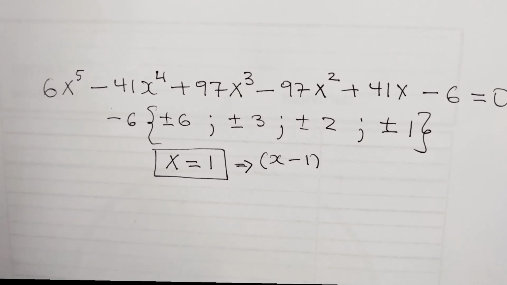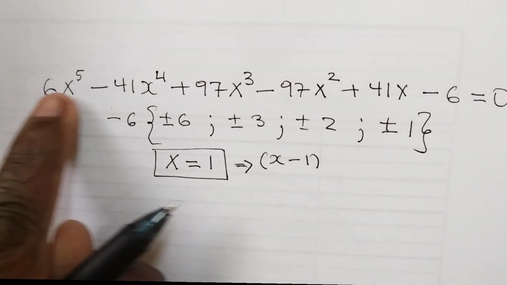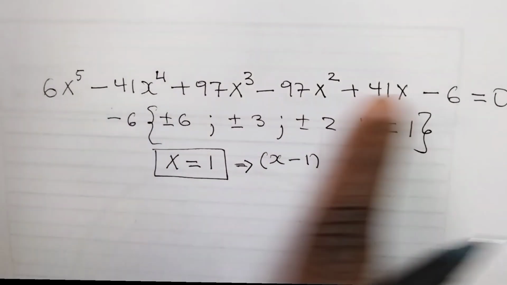So now how do we divide that? We divide by long division, right? But that is a long method. So we are going to use one of the easiest methods that we use in mathematics. So the method goes like this. So I'm going to take all the coefficients of the quintic equation. I'm going to list them